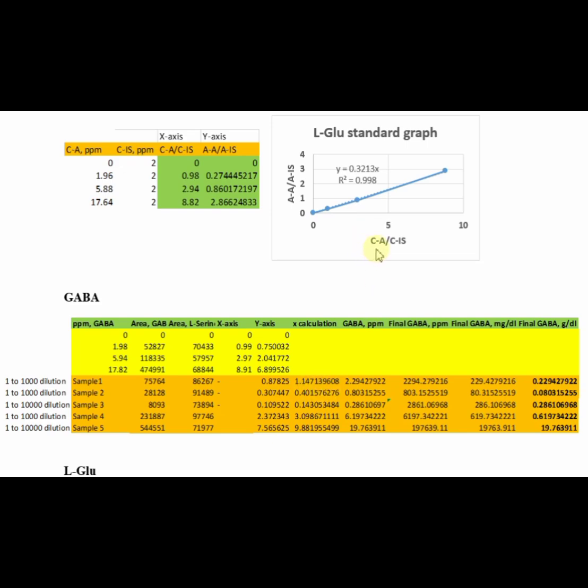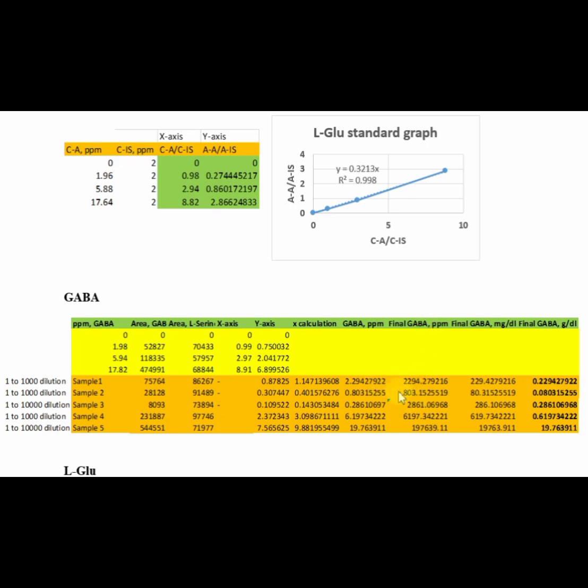X is equal to CA by CIS. So this value equals CA, GABA concentration, divided by concentration of internal standard, that is 2 ppm L-serine. So we can obtain CA, concentration of analyte, meaning GABA, by multiplying the x value by 2. So likewise we can